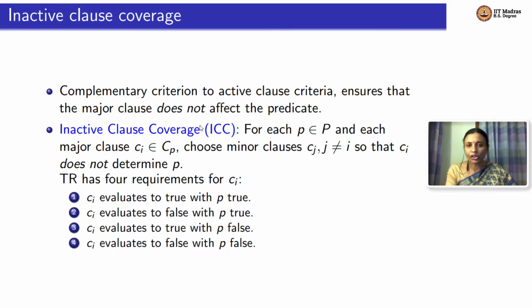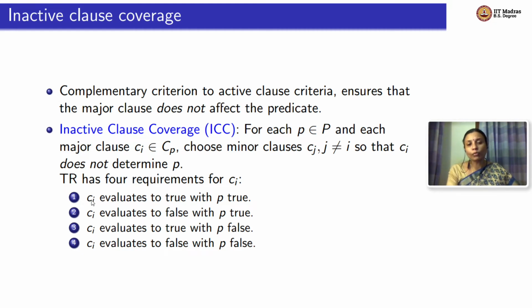Inactive clause coverage, abbreviated as ICC. Consider a predicate small p. Consider clauses in the P. Let's say one clause in that predicate, Ci, is the major clause. We choose minor clauses such that Ci does not determine P. When Ci does not determine P means what? The truth or falsity of Ci has no influence on the truth or falsity of P,